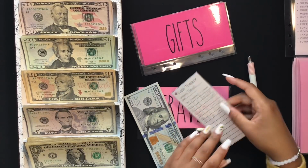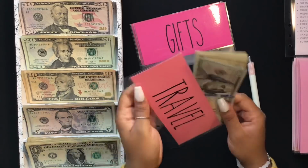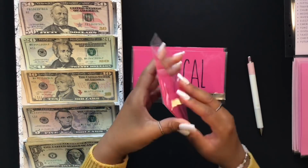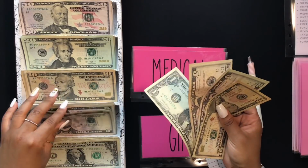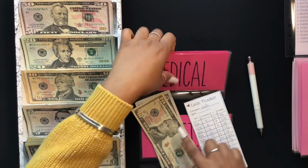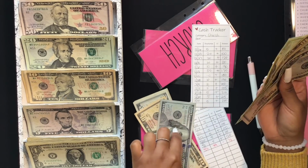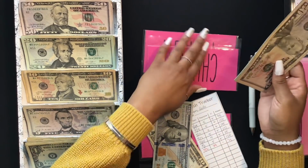And my travel envelope is used as a buffer for additional expenses outside of what I may have budgeted for travel. Gifts is going to be getting $5. Actually, okay, let's do it like this. So gifts is getting $5. I'm going to reallocate my church money into gifts. So I'm gonna take 100 from church and put it into gifts, because